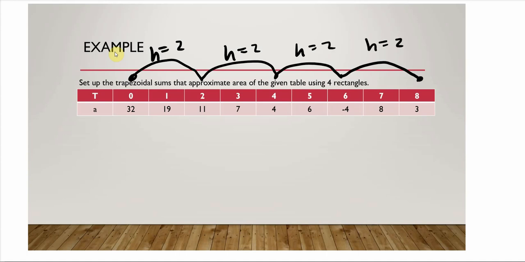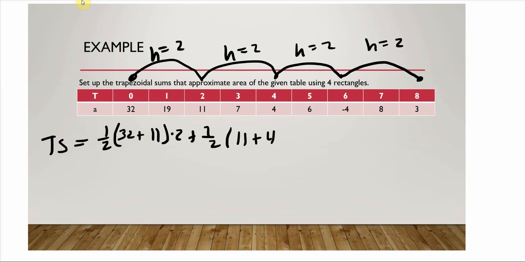So I'm going to do it the long way and then the shortcut. Okay, so here we go. The trapezoidal sum is going to be 1/2. My bases are going to be 32 plus 19 times the height of 2 plus 1/2. Oops, I said 19 and it's not 19. It was supposed to be 11 here. 11. So I'm going to go 1/2 plus 11 plus 4 times the height of 2 plus 1/2 4 plus -4 times the height of 2 plus 1/2